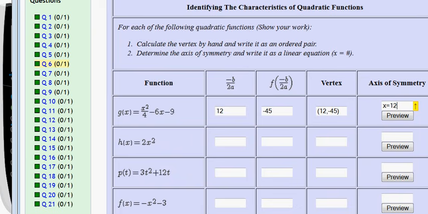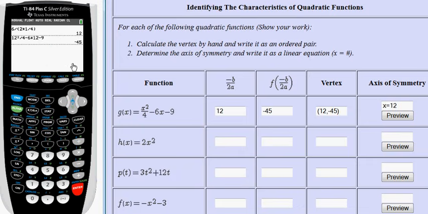If you're interested, this is what the graph of this would look like, just to show you a plausibility check on my vertex. I'm going to go to y equals, type in my equation, x squared divided by 4, subtract 6, I'm going to use the x key, subtract 9. Now, I usually tell students to start by hitting zoom 6 just to get the class. I'll have the calculators all in the same window. What that gives you is a window from negative 10 to 10 on the x-axis, negative 10 to 10 on